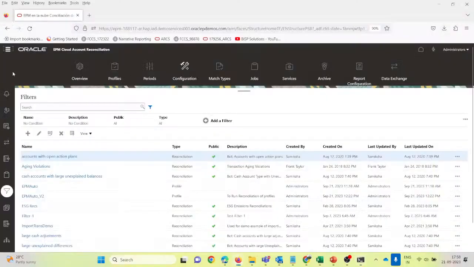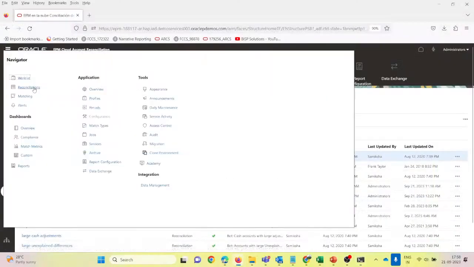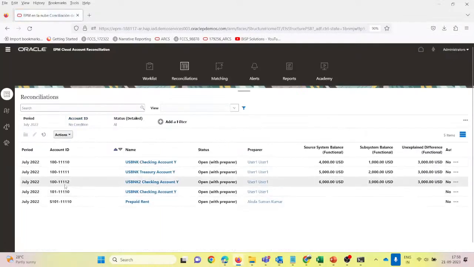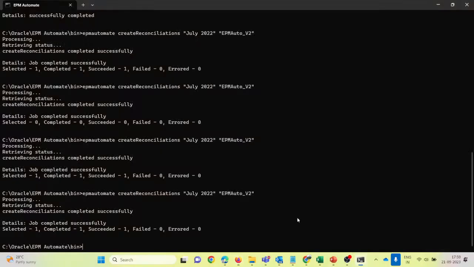Let's go and see in the reconciliation tab. Reconciliation card. Now for the third profile, the balance has also been uploaded. That is, the reconciliation has been created for this profile. That's why we can see these balances here. So this is how EPM Automate can ease our work and can work parallelly while we can concentrate on other tasks. So this is a very useful